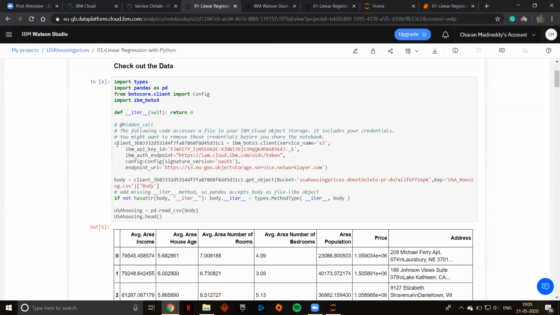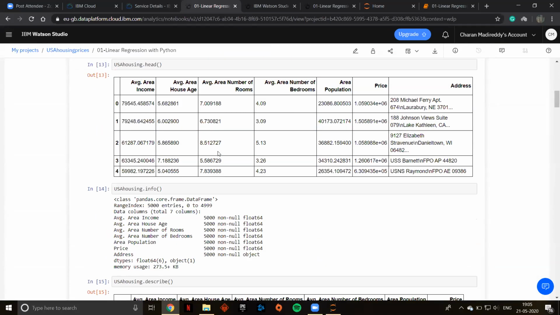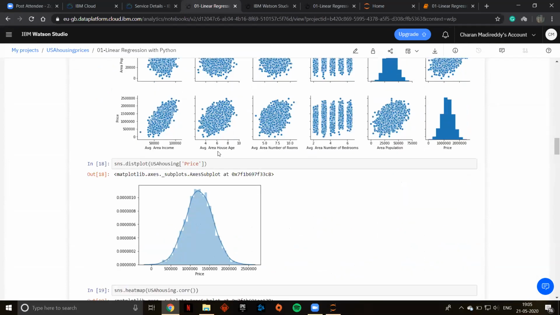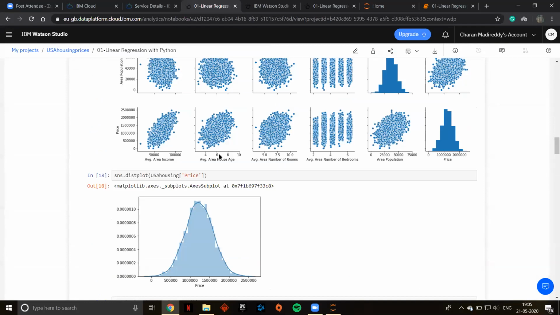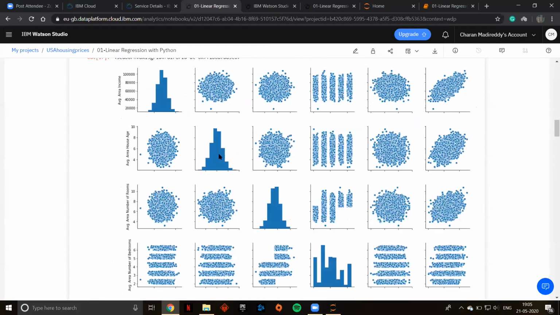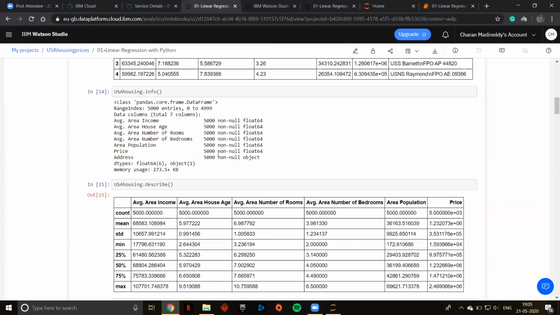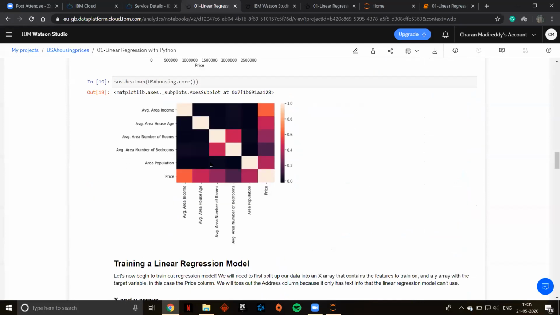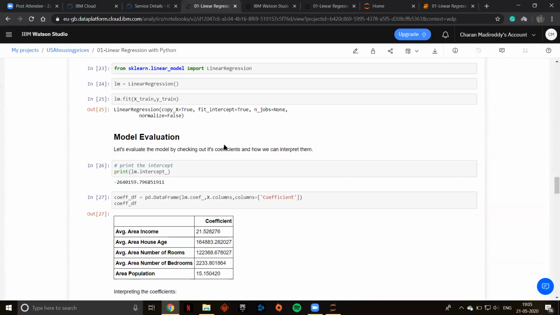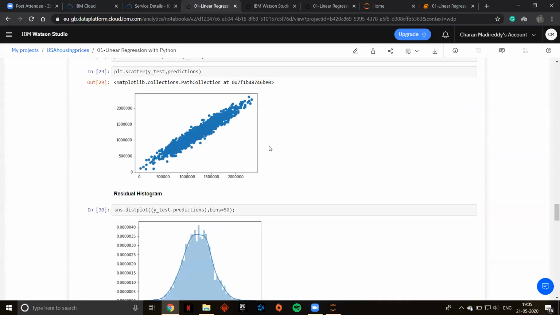So yeah, this is your file. This is your data set. The only problem you'll be facing after running your notebook in the Watson file is your data frame. I've shown you how to insert your data frame, right? After that, everything will be the same, and you can get the prediction model graph.